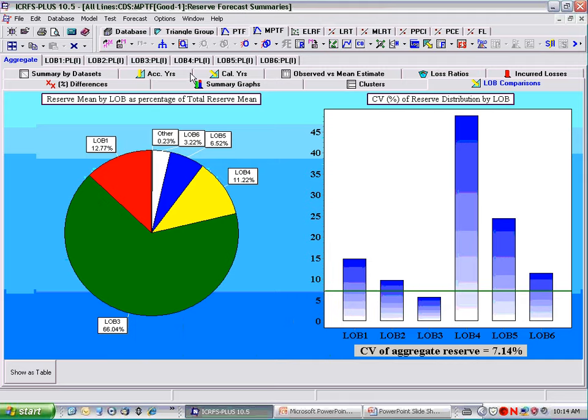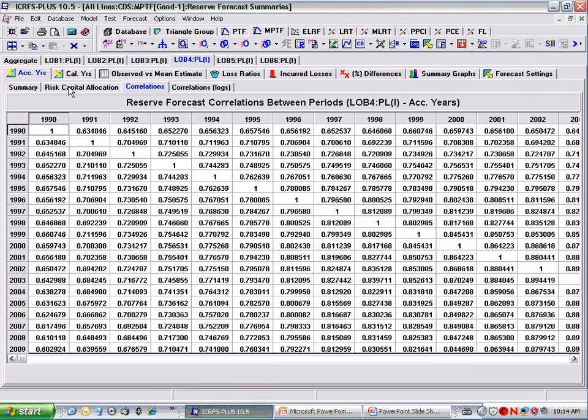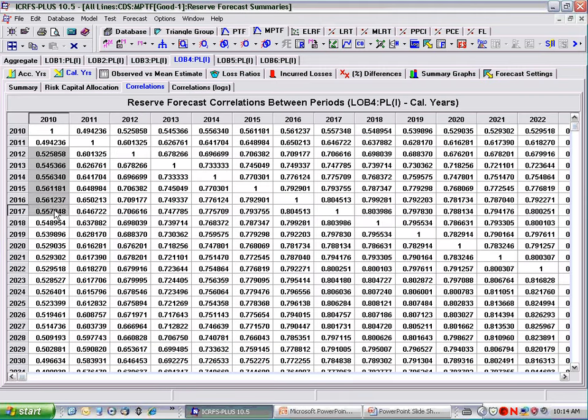If we look at the calendar years for LOB4, you notice there's a lot of correlations between the calendar years. This kind of means that if you've got huge losses in the first year, because of the high correlations, you're also more likely to have huge losses in the subsequent years. So for LOB4, first year in distress means that subsequent years are also more likely to be in distress, and therefore your delta TP, your additional technical provisions, will be pretty high if the first year's in distress. However, if you look at the aggregate,